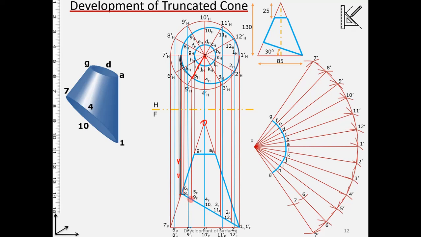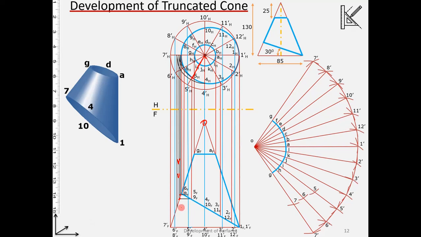So the 5 and this line, their intersection will give a point which gives me the true length. So we will measure the length from here and then put it there. So we will get the point 5. Similarly for the point 4, I will rotate this point 4. Let us do that. So point 4, this point here, because we are right now working with the bottom truncated face. So the bottom truncated face is this point 4. So 4 has been rotated. Bring it to the frontal. Alright, so we brought it to the frontal here.